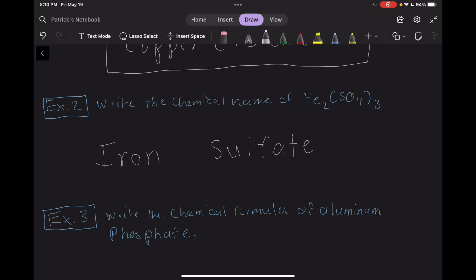To find this elusive Roman numeral, we need to know what charge on iron can balance out the charge on the sulfate ion. The sulfate ion normally has a charge of -2, but the subscript 3 outside the parentheses tells us that there are in fact 3 sulfate ions involved here. So we do -2 multiplied by 3 to get -6. Now we have 2 iron atoms to work with. Iron can either have a +2 charge or a +3 charge, but to get 2 iron atoms to have a combined charge of +6, we need the charge on each individual iron atom to be +3. The Roman numeral is therefore 3, or III, and the final answer is iron